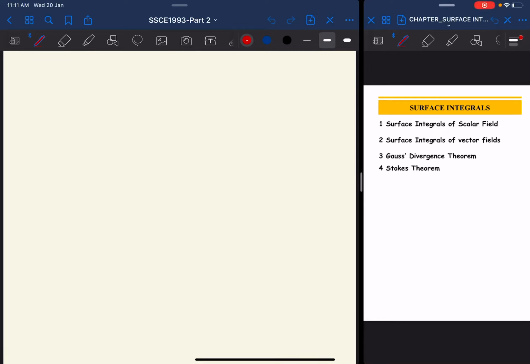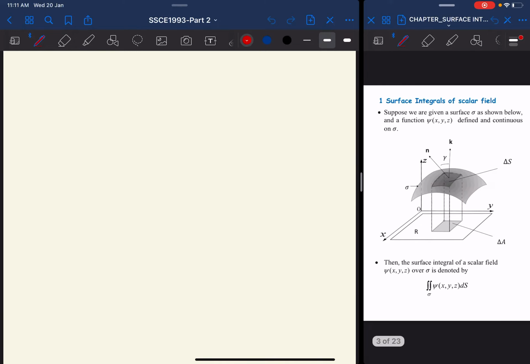Okay, so for the final chapter on surface integral, this chapter will be divided into 4 parts. Let's move to the first part, on surface integral of a scalar field. In the previous chapter we learned about line integral, so we were dealing with a line. But now when we are talking about surface integral, we can imagine a surface